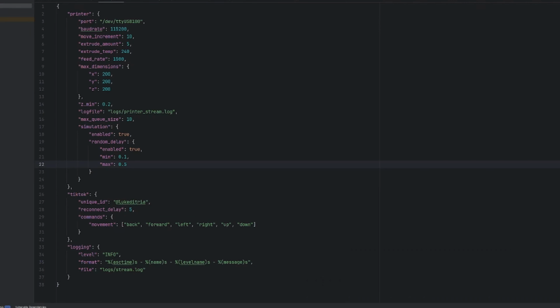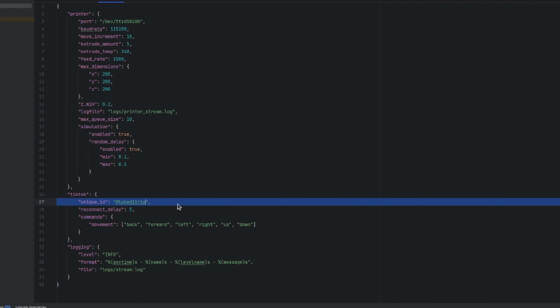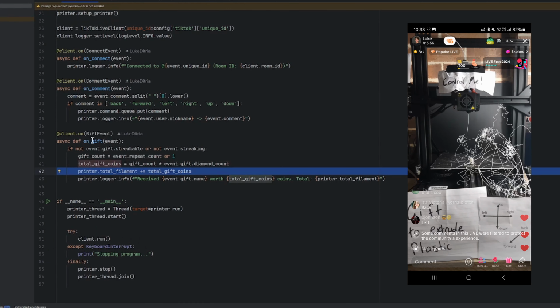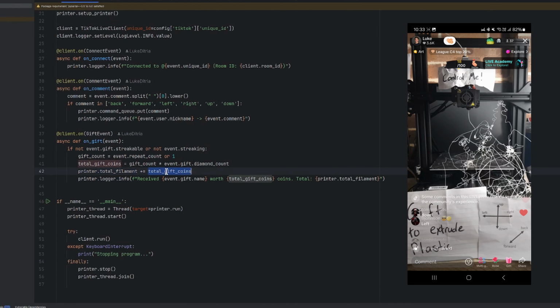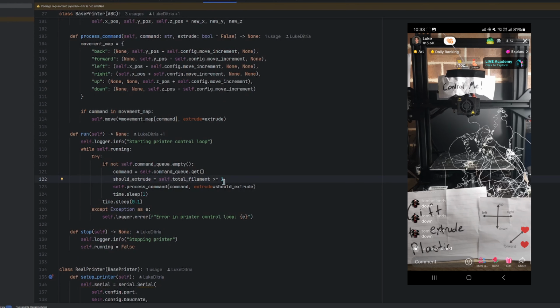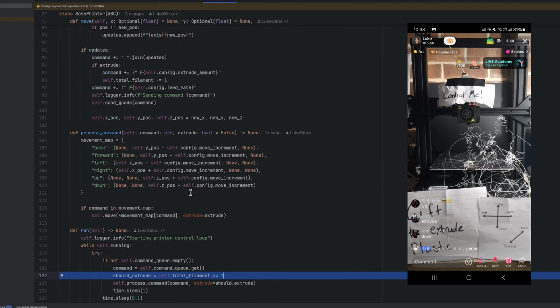And if you go into that, you'll see that there's a whole bunch of other parameters that are used in the software. So things like the printer extrusion temperature, the max bounds of your 3D printer, the feed rate. There's also a parameter to control how much plastic is extruded for every coin gifted. How the gifting and extruding works is that for every coin gifted, it adds that to a tally. And for every movement, if that tally is above 0, it will do an extrude movement rather than just a move without extruding. And it will decrement from that tally until it gets to 0, in which case